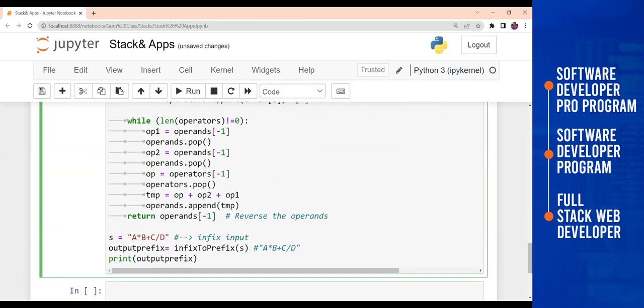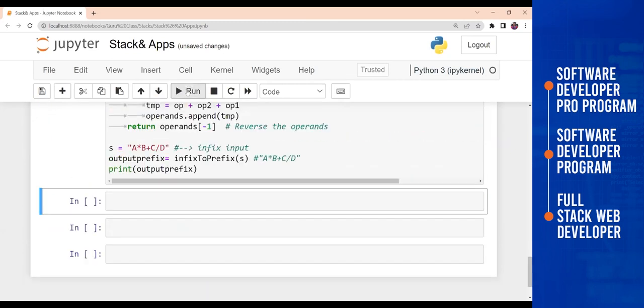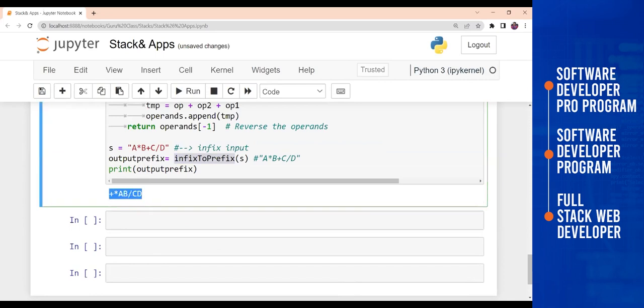Now if you are just going to print that particular value, let's see how it is going to be printed. See, it is an infix to prefix conversion. What is the prefix logic? While you are seeing this itself, see, the operators are placed in front of the operands, right?